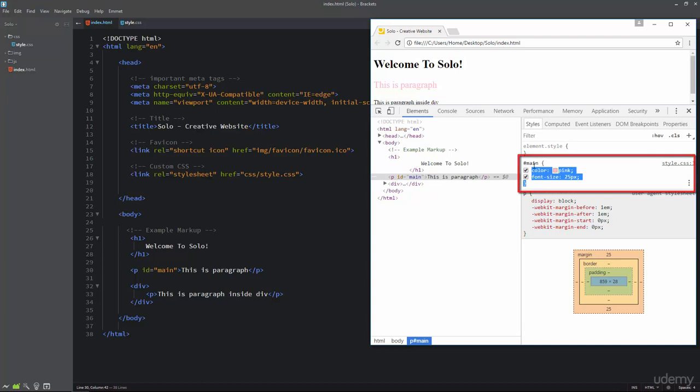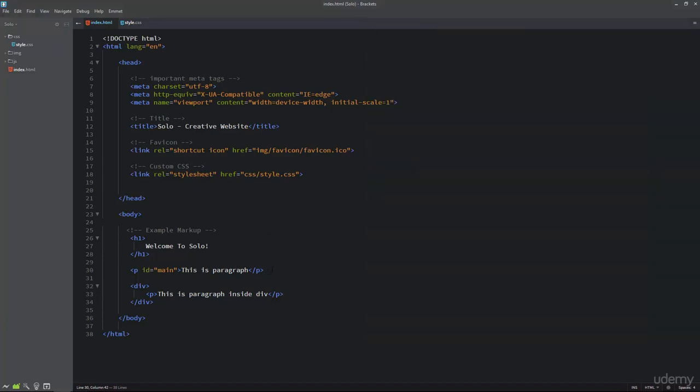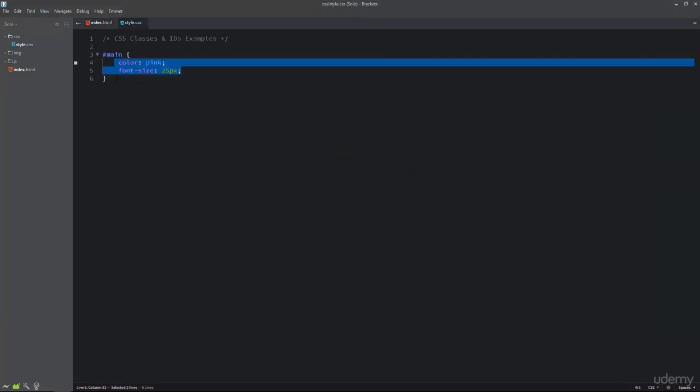And this is the CSS rule set for this main ID. So this way you can apply CSS to an element using a CSS ID. So IDs are unique and you cannot apply the same ID to another element. Next, I am going to show you how you can use CSS class to apply style to an element.